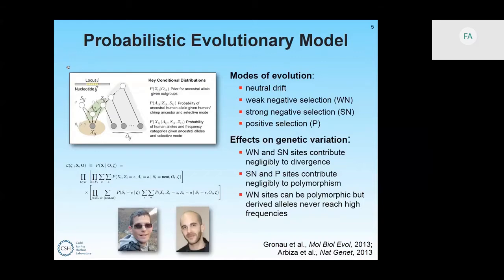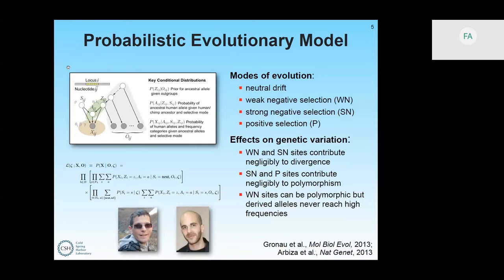So here's a slide just showing the probabilistic model that underlies this method. I'm not going to walk through it in any detail, but I just want to mention that it has three components. There's a simple polymorphism model. There's a model for evolutionary divergence over medium timescales. So in this case, we use a Jukes-Cantor model that describes evolutionary divergence since the human-chimp ancestor, leading to the human population. And then there's a statistical phylogenetic model that basically serves as a way of pulling in